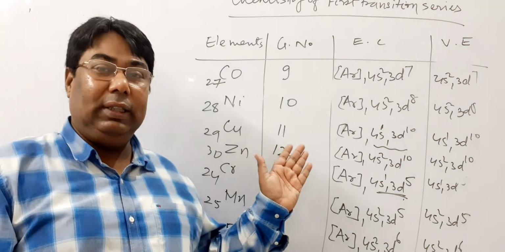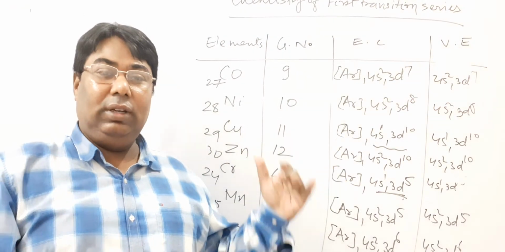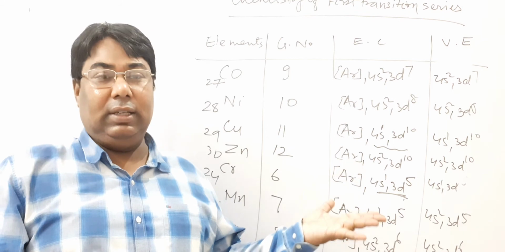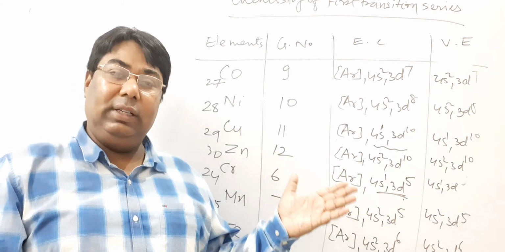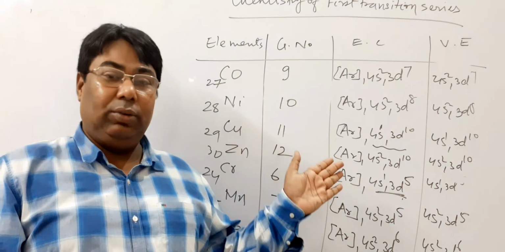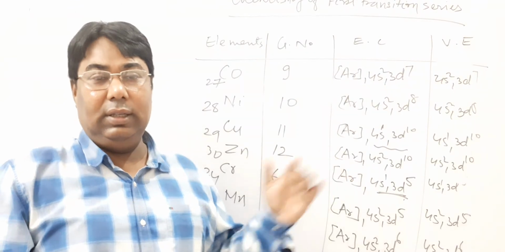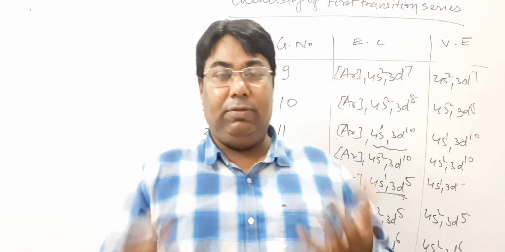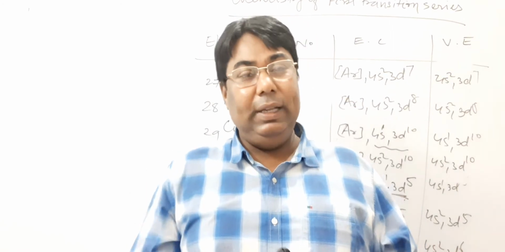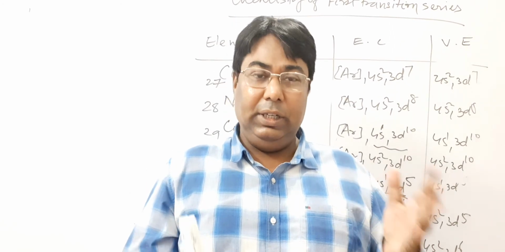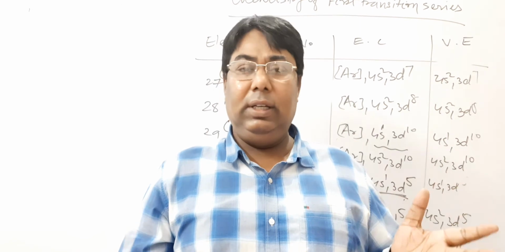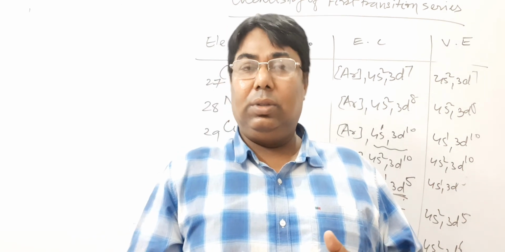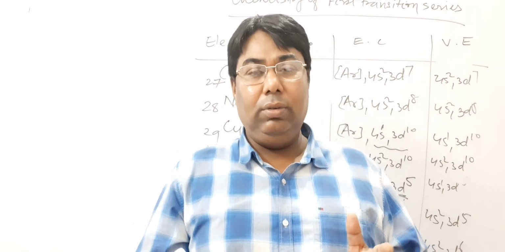So all of you have seen that there are two kinds of valence electrons, inner and outer. Today we discussed the electronic configuration of the first transition series. In the next video we will discuss further topics. So please, all of you, read all these things, which are very, very important, hoping that all of you understand.